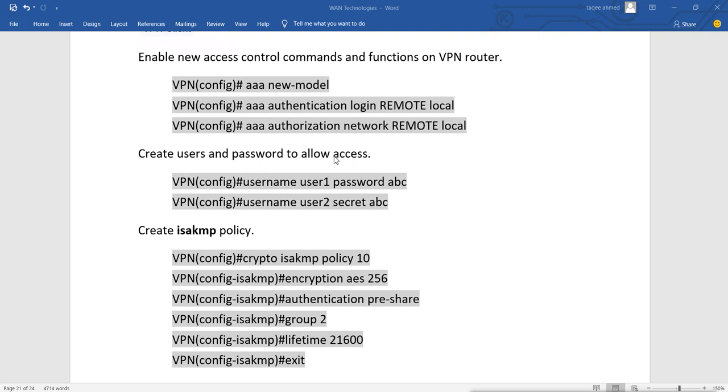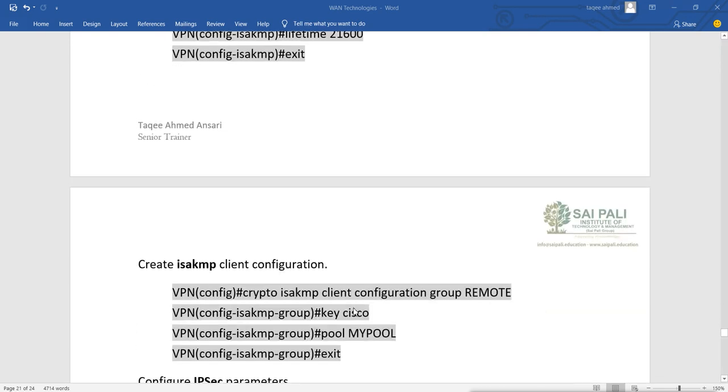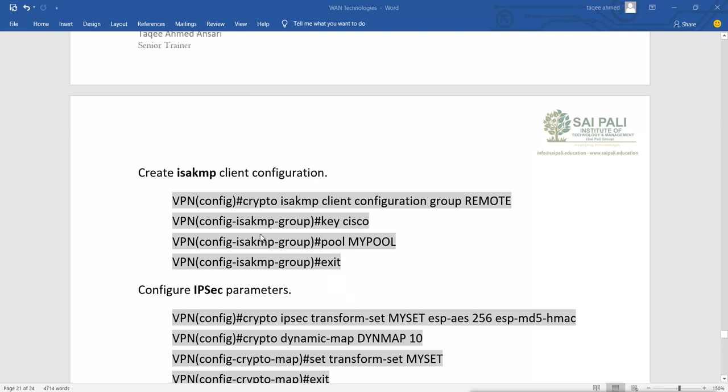Then we create the crypto policy, the secure policy for your VPN connection, and what encryption we want to use. We are using AES 256 mode. Authentication, group, and lifetime, how much access time we want to give. Then we configure the client configuration.